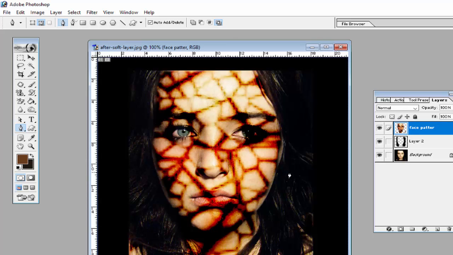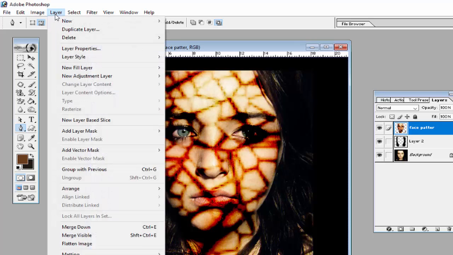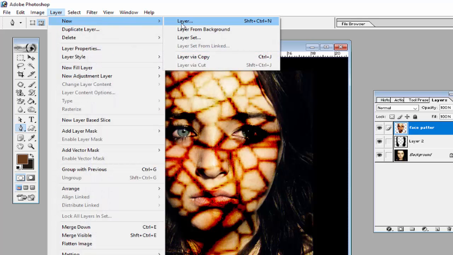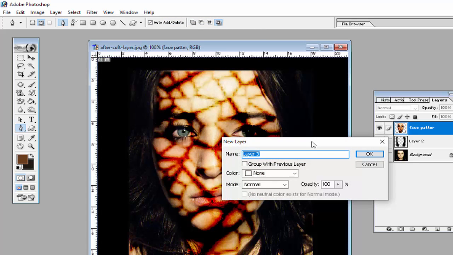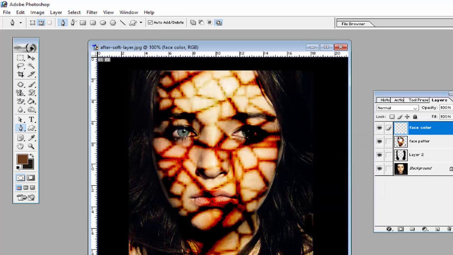So I think you understand how to merge or link these layers, and after that we will again create a new blank layer using the shortcut key Shift Ctrl N. Enter the name face color. You can give the name to this layer, face color. You can see